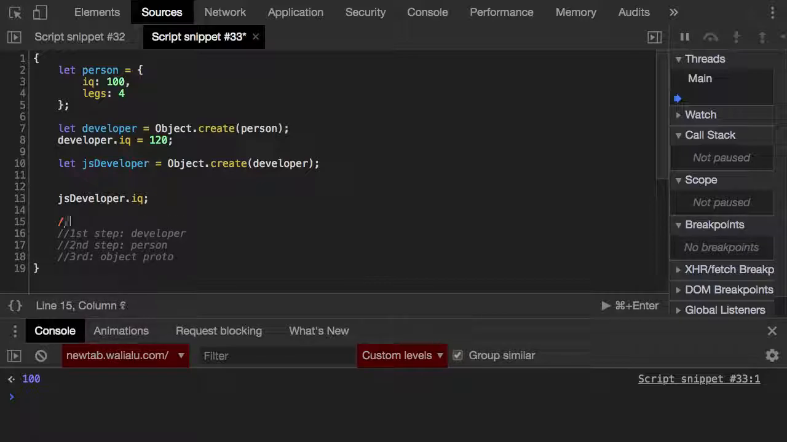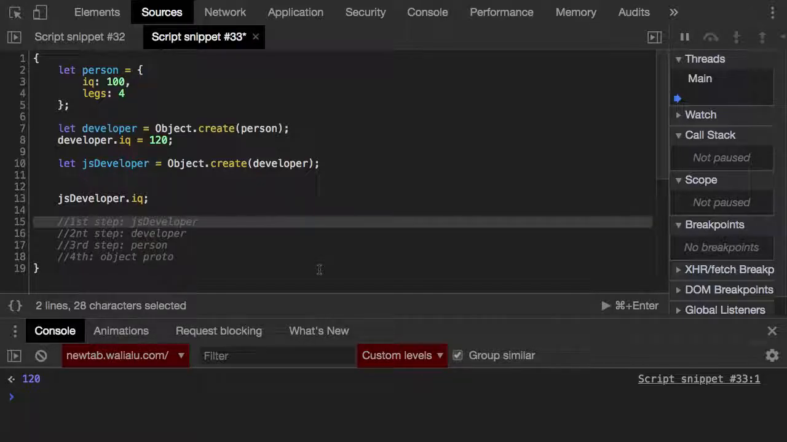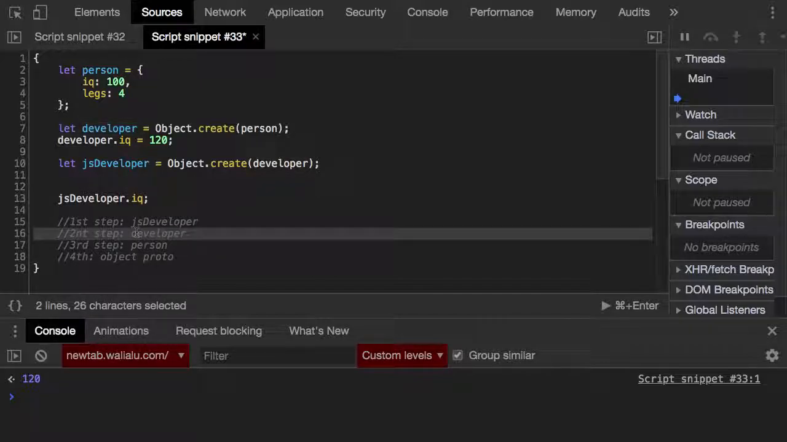4, correct. The first one is JavaScript developer. The second one is the developer. The third one is the person. And the fourth one is the object. Does it make sense? So what will this return? 120. Correct. Why? Is IQ on the first step? No. Is IQ on the second step? Yes. Return it. Right? And what happens if we do